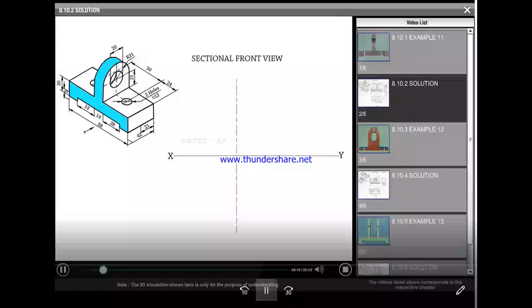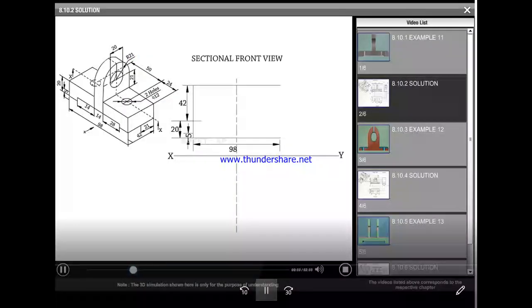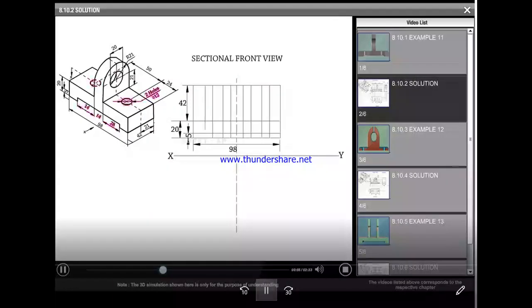Draw the front view of the object. As the cutting plane passes through the three holes, all three holes are visible in the front view. Complete the sectional front view by hatching the sectioned surface, excluding the holes.